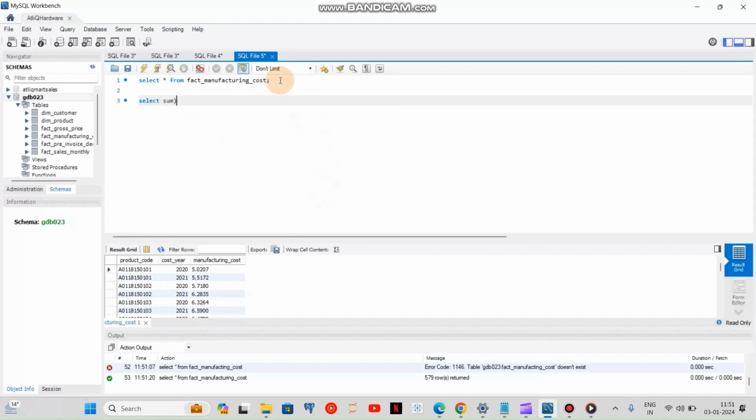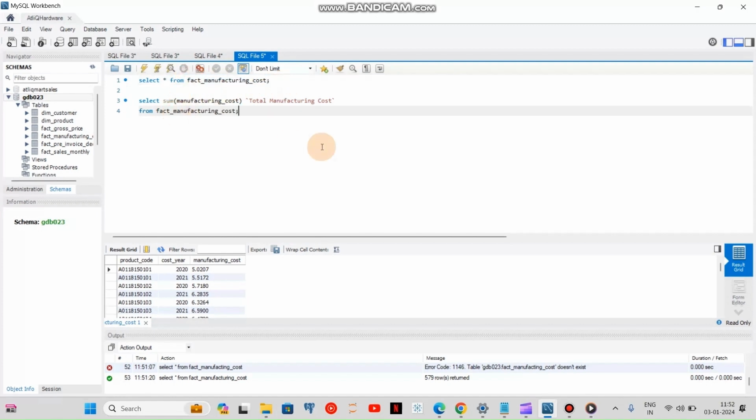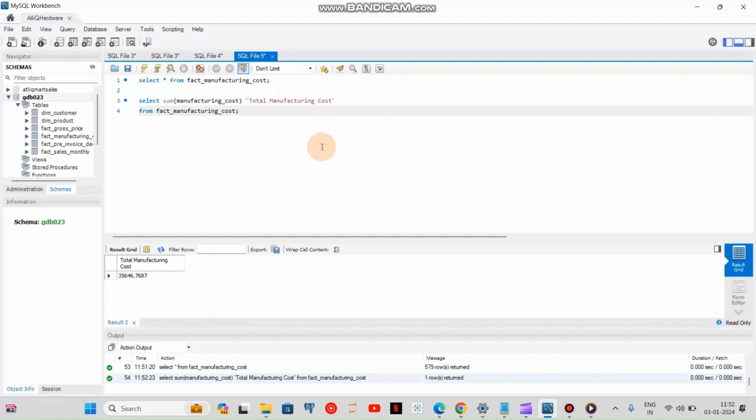Select sum manufacturing cost as total manufacturing cost from my table fact manufacturing cost. I'll just copy paste the name of the table. I'll hit enter. Okay, so we see that the sum of manufacturing cost